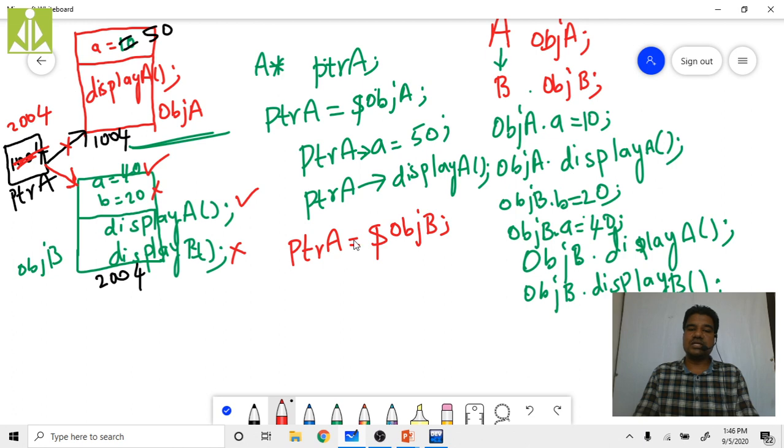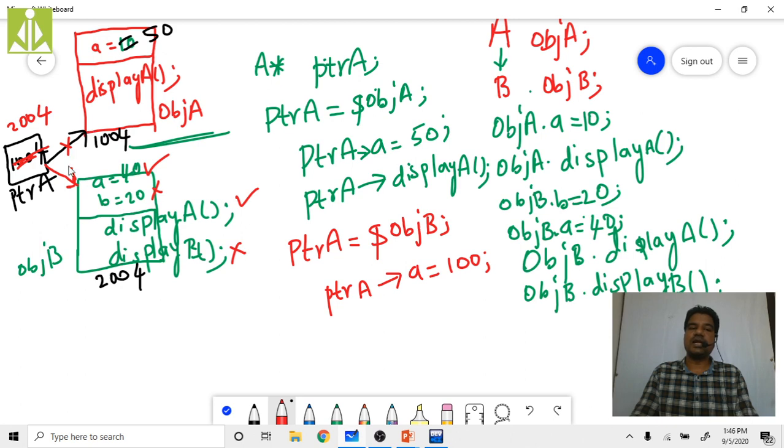So if I do the changes now, ptrA arrow A equals to some 100. Now I am making it 100. Where will this 100 get reflected? Is it going to reflect in the base class? No. Right now we don't have any connectivity between the base class object and the base class pointer.